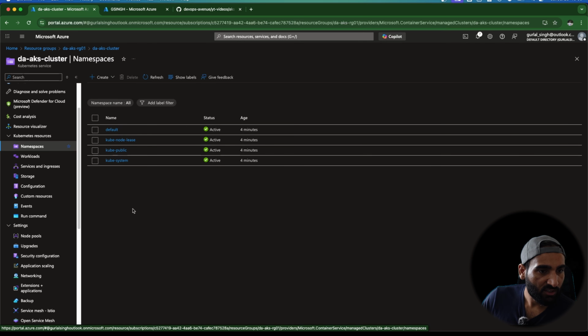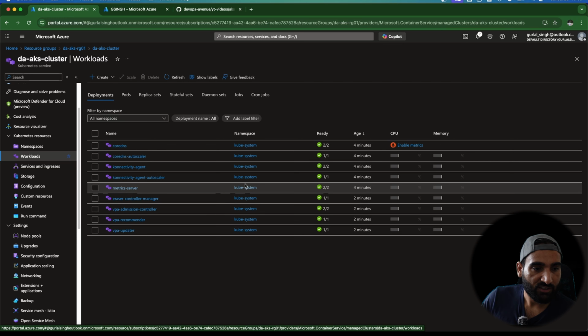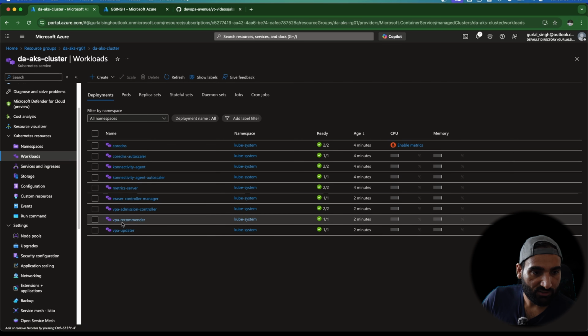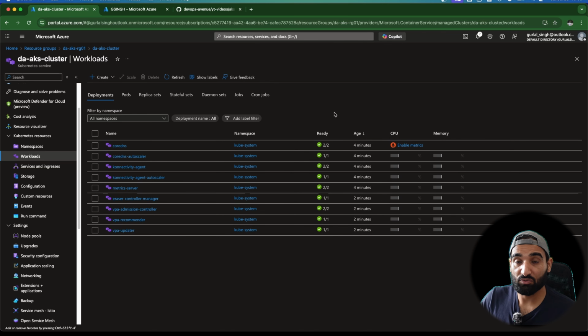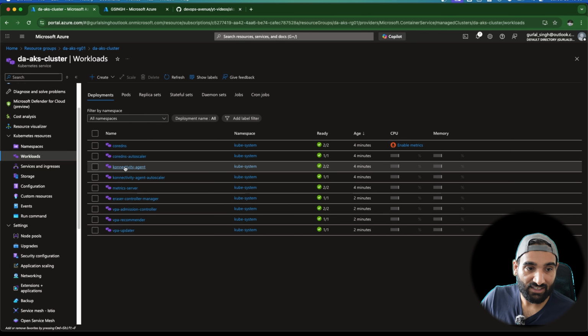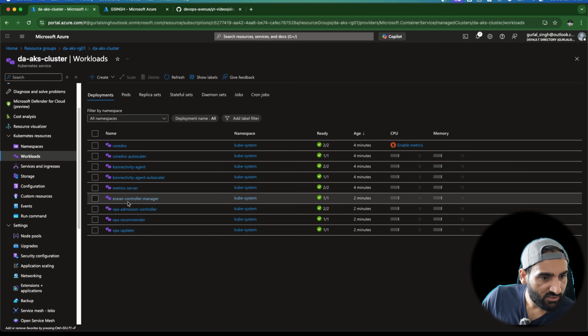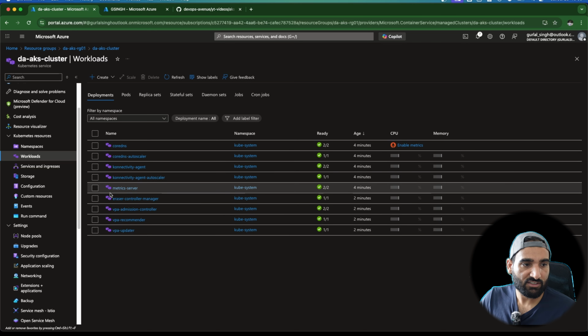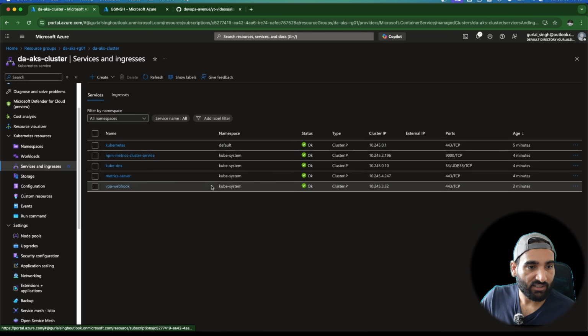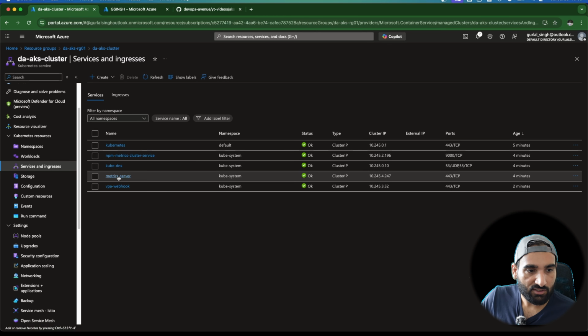So I wanted to review the resources. So coming here, this is the kube-system and the workload, the nodes that will be deployed here. So it's everything related to the critical ones, even the connectivity agent, autoscaler, the CoreDNS, and even the Azure CNI. I can't remember which one it is, but yeah, so our system workload is in place, and I think we have about 5